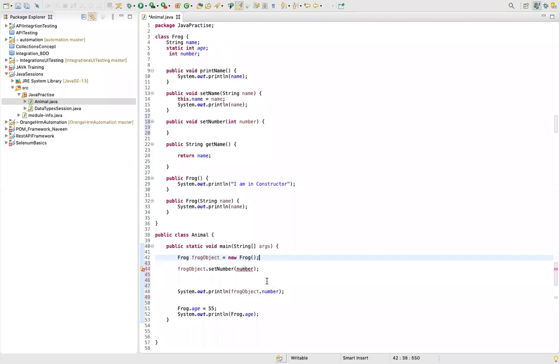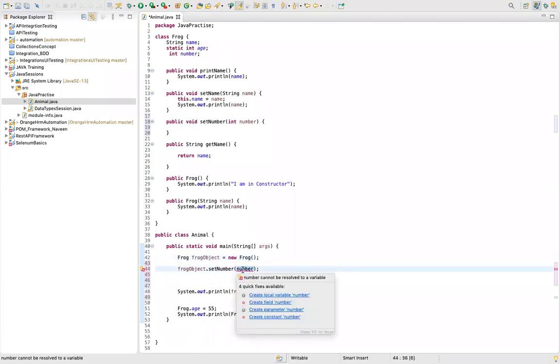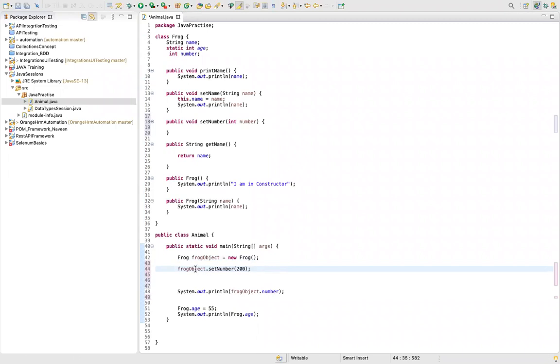It's asking you for a value, so let me say 200. This will call the set number method from frog using the frog object. If you hover, you will see this frog object is an object, and set number is a method.